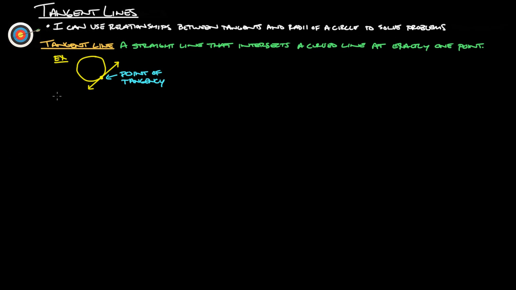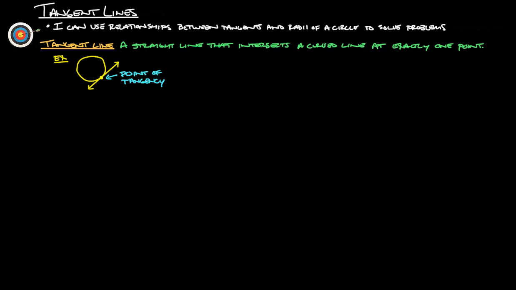All right, so first thing, what is a tangent line? A tangent line is a straight line that intersects a curved line at exactly one point. And we'll see this used a lot on a circle. So here's our circle, and then here's our line that hits that circle just at one point, and that's called the point of tangency. A simple real life example of this would be if you take a ball and put it on a table, right at the point where the ball is touching the table is called the point